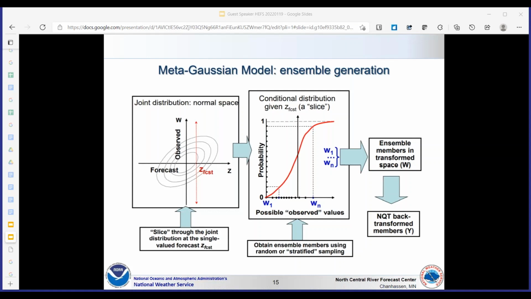This could be a chart for either temperature or precipitation. The joint distribution is generated from a data set of ensemble means from the hindcasts versus the actual observed values that occurred.